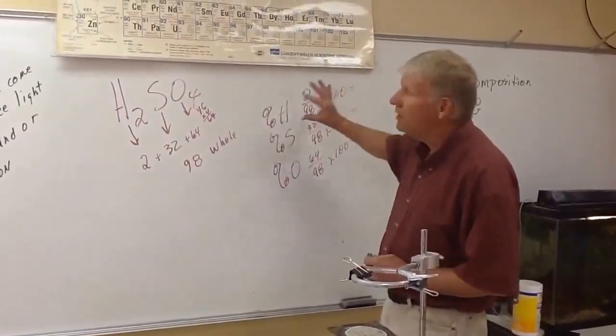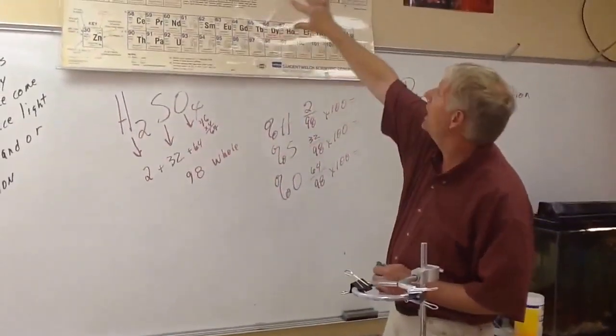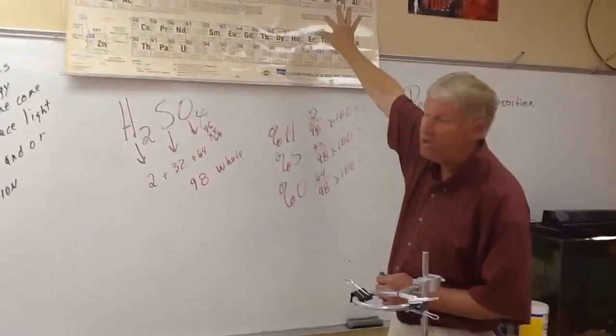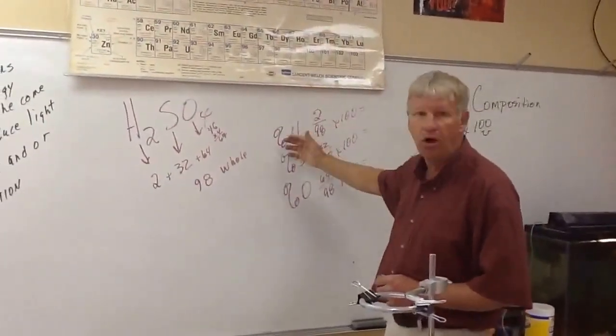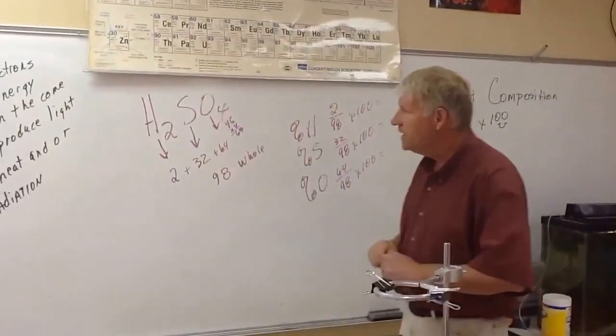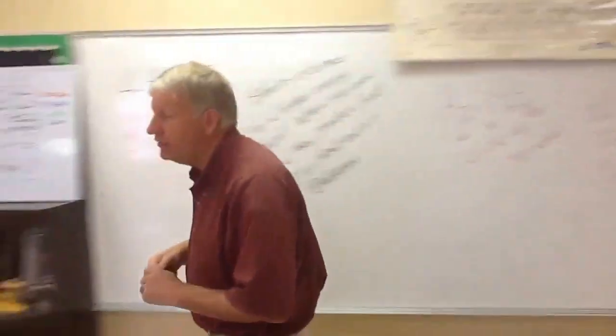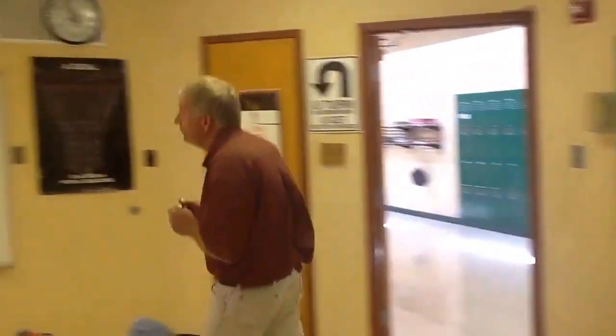But once again, for gram molecular mass, we're going to add up the mass numbers of the total elements, and percent composition is always part divided by whole times 100. Now, let's move on to 2 more items that we're going to have for this unit. First of all, we refer often to standard temperature